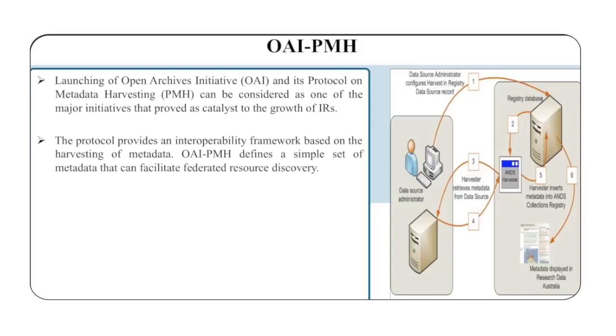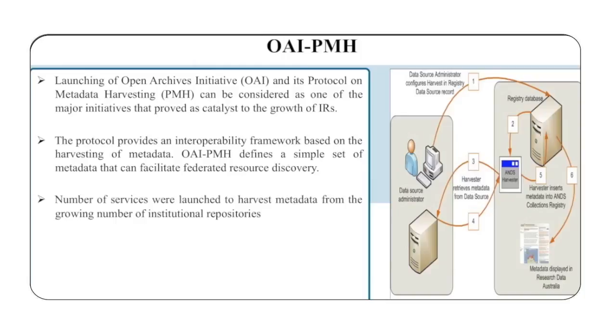The OAI initiative evolved in the meeting of the Universal Preprint Service held in Santa Fe, New Mexico in 1999 to explore cooperation among growing number of scholarly IRs. The protocol provides an interoperability framework based on the harvesting of metadata. OAI-PMH defines a simple set of metadata that can facilitate federated resource